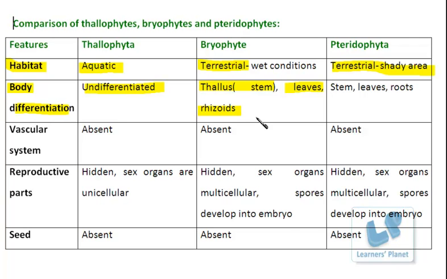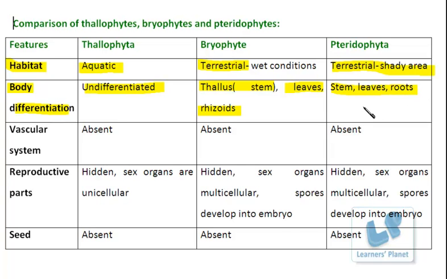Besides this, the plants which belong to bryophyta have a particular height, and they never grow above 12 centimeters. Normal range is around 2 centimeters to 8 centimeters, but exceptions are there, so they may grow up to 12 centimeters also. Then comes the pteridophyta, and in this case the stem, leaves and roots are now